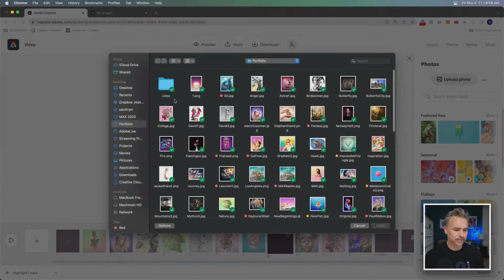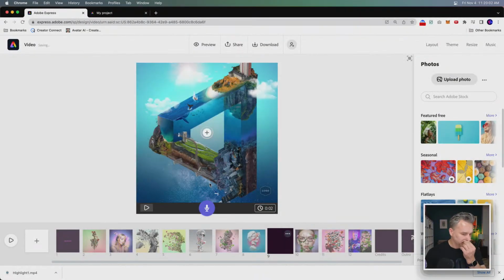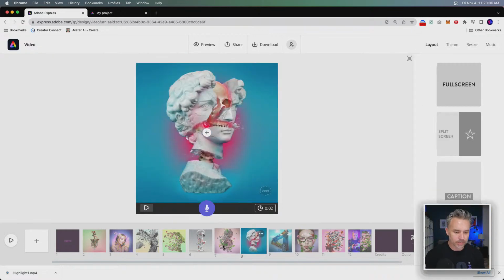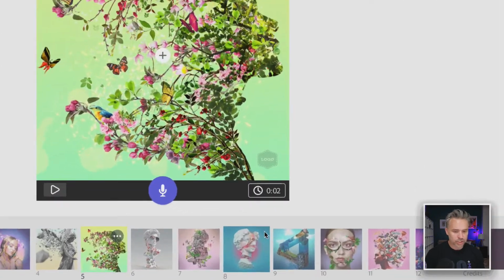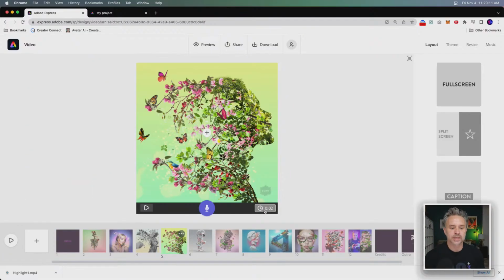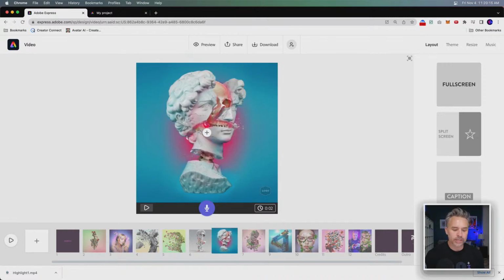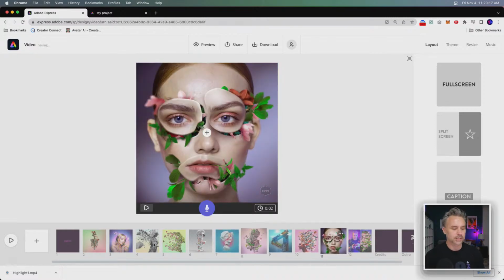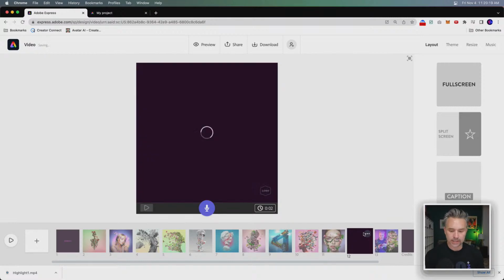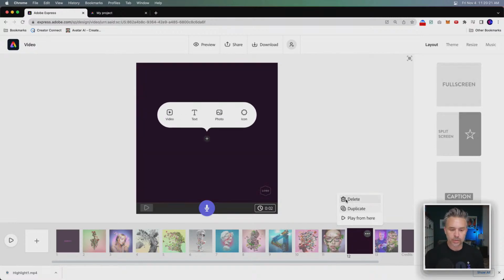But anyway, still grabbing artwork, making this as long as I want. So the nice thing is I don't really have to piddle around with changing all of these times. If I want to speed this whole thing up or slow it down, I could do that again using the quick actions.